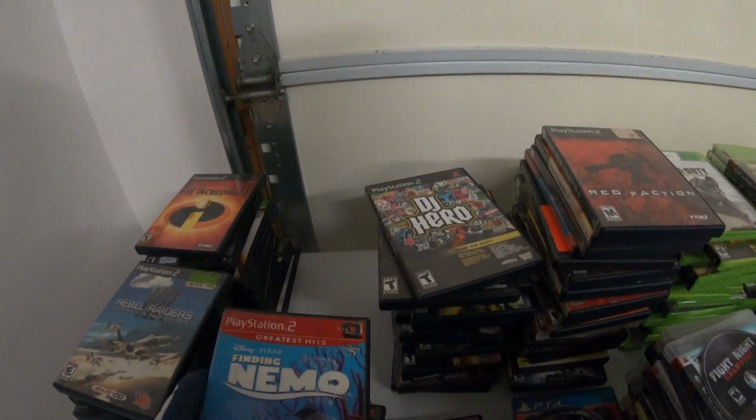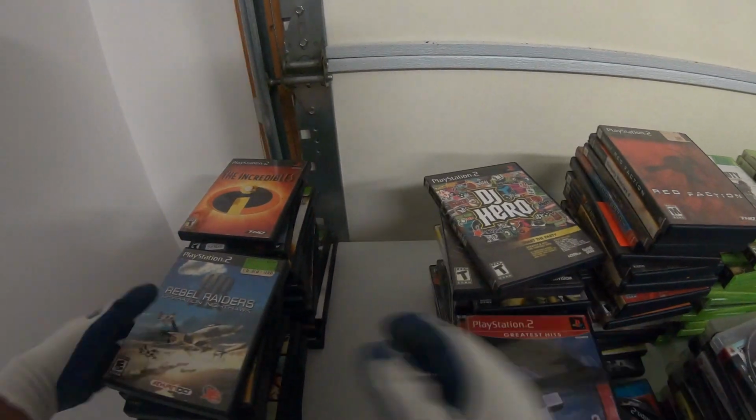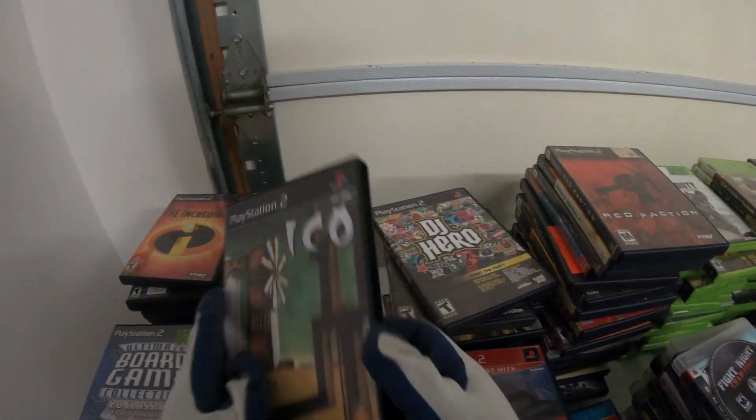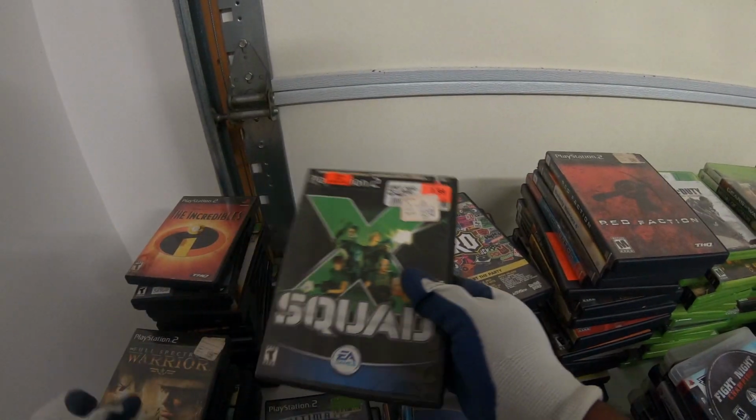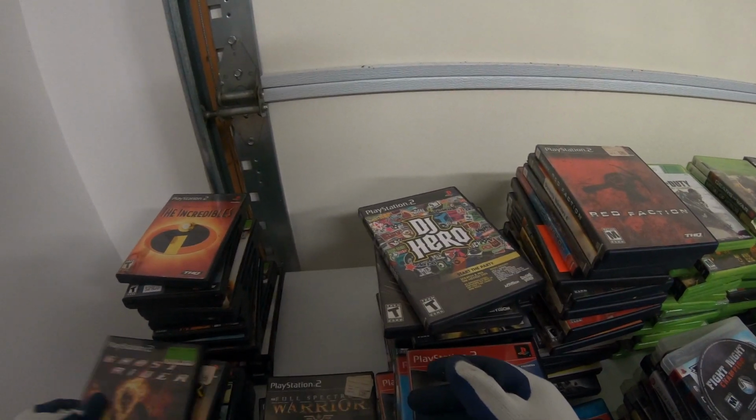Raw, and Finding Nemo, and then it looks like another copy of Gran Turismo 3, Rebel Racers, the Ultimate Board Game Collection, so you got 20 games included on here, X Squad, this game here, Ghost Rider,